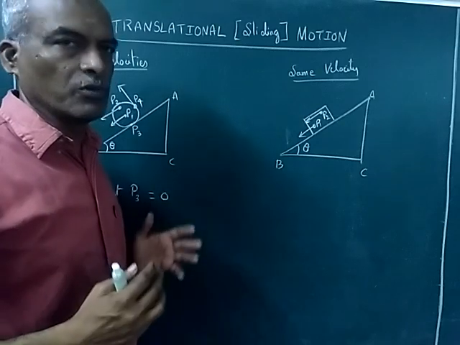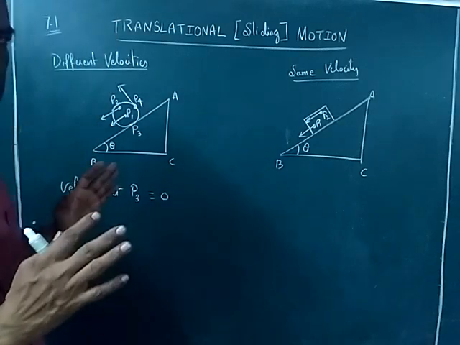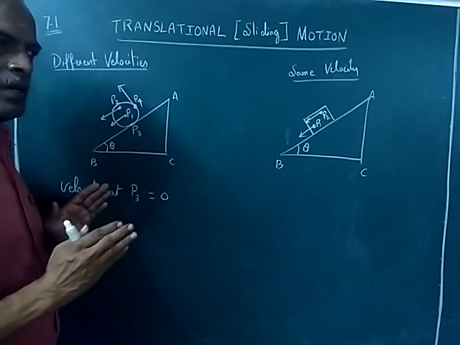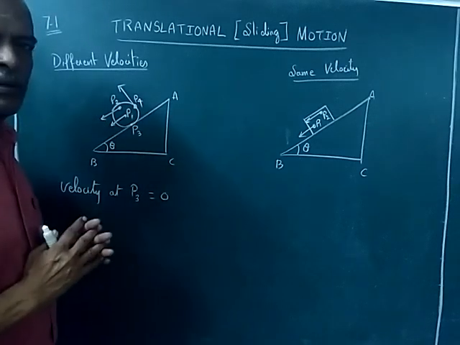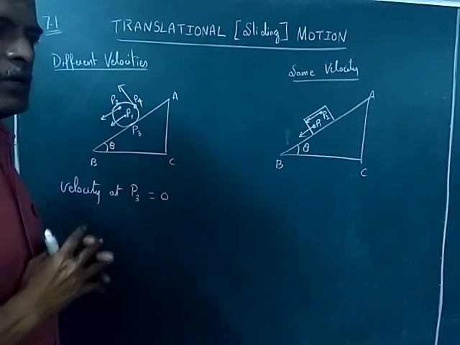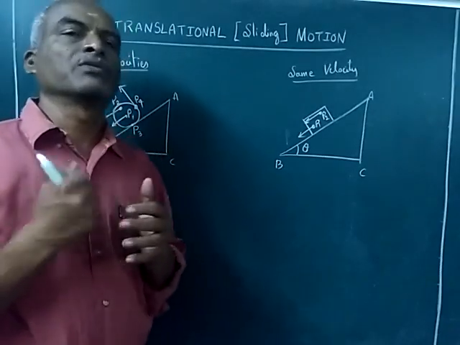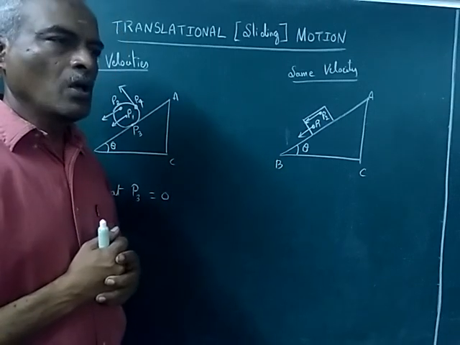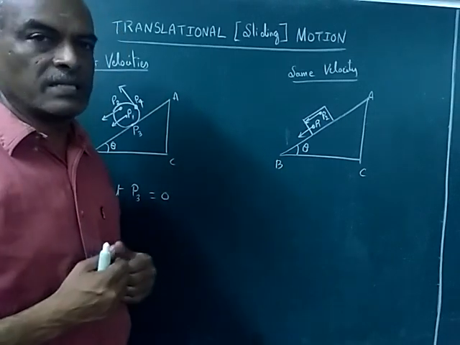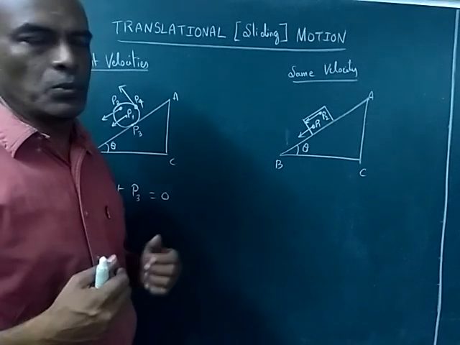But it is rolling from A to B, so we can compare this with a sliding type of motion. It is not purely sliding, basically it is rolling, but we can say a translation motion plus something. We don't know what that something is, that we have to find out, and where lies the axis of rotation. All these will be discussed in the next video.